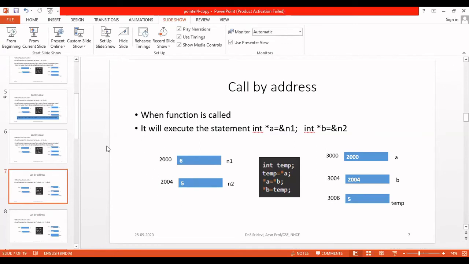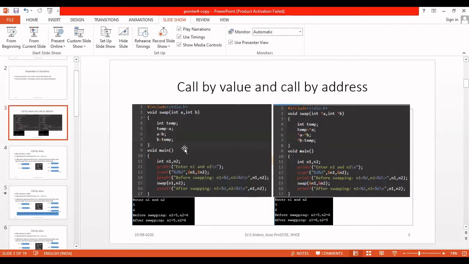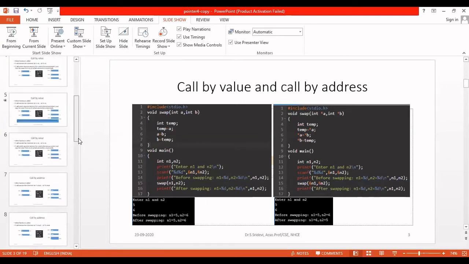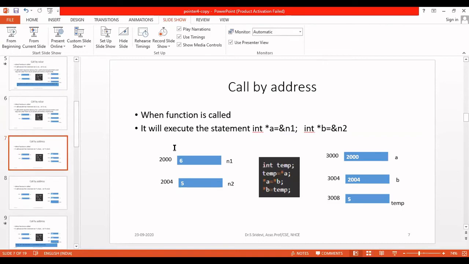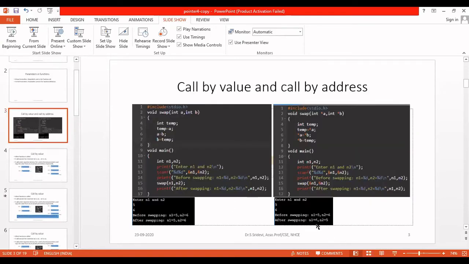Now, let us see what will happen when we run this program. Come to this program, I explained everything. So when you call the function swap, the changes have been reflected in the actual parameter address itself. Now come to line number 16. In line number 16, you are printing n1 and n2. Now let us see what n1 and n2 are. In the diagram I have explained, n1 and n2 have been changed now. n1 is 6 and n2 is 5. So when you print them, you will get the answer n1 is 6 and n2 is 5. In the call by value method, we got the same number only.